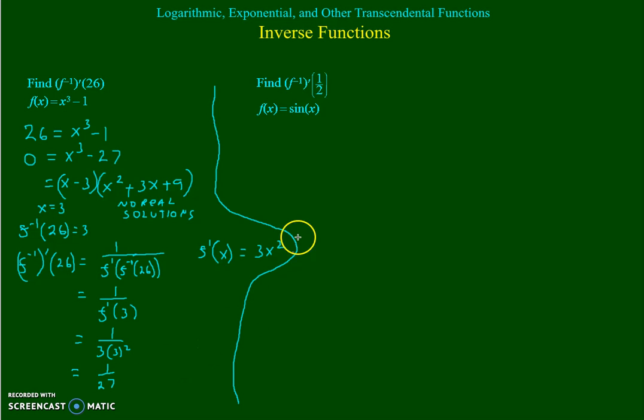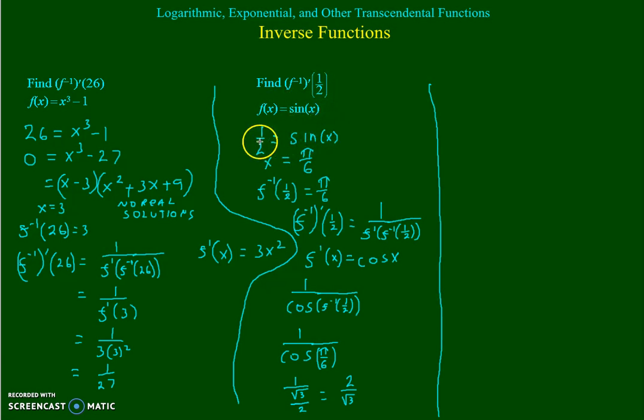Here we want the derivative of the inverse of sine x evaluated at 1/2. Again, the domain of the inverse is the range of the original. So we're going to find out what x values generate a sine equal to 1/2 and move from there. So we set sine x equal to 1/2. We solve, and that gives us x equals pi over 6, because we know that sine of pi over 6